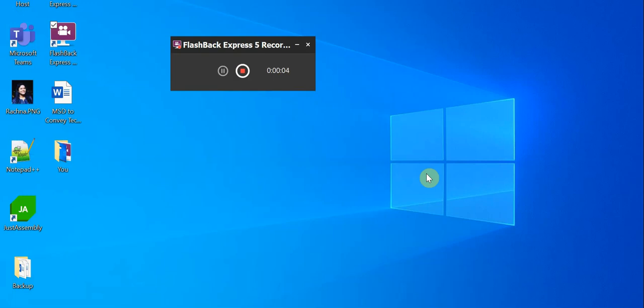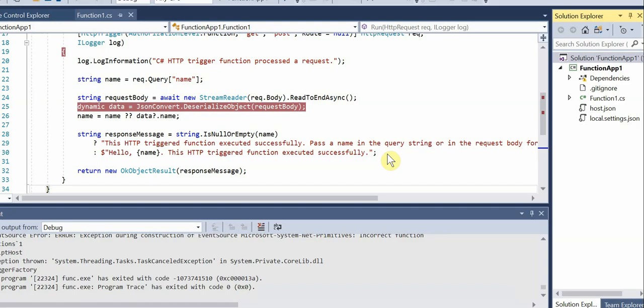I'm Rachna. So today I am going to give you a demo of how we can debug the Azure function. I will start the video with creating a new Azure function and then how we can debug the HTTP Azure function using the Postman. So let's get started. Quickly I'll show you that first we will create one new project.